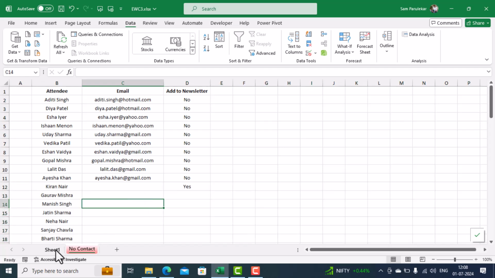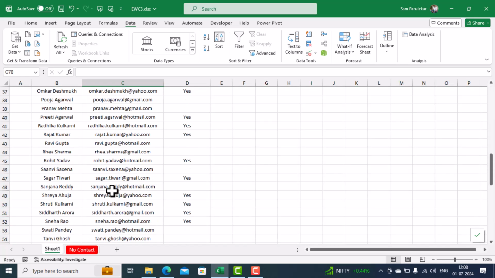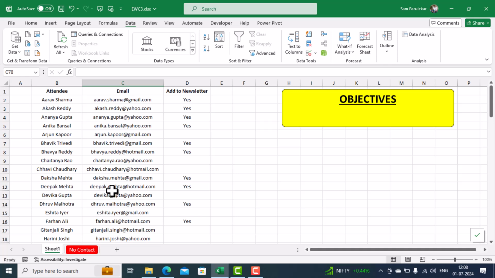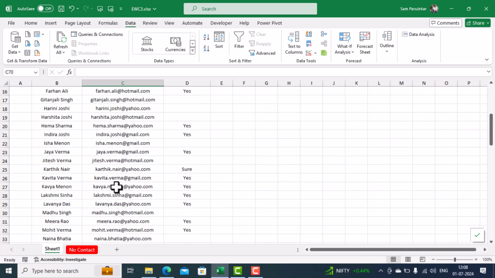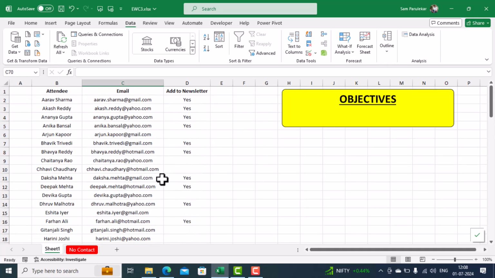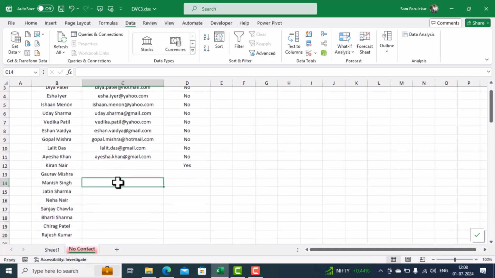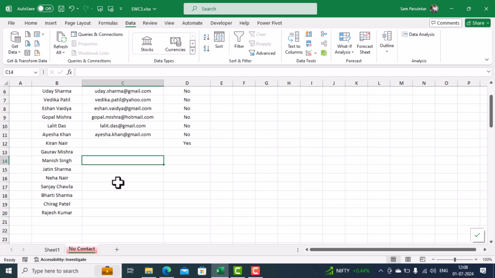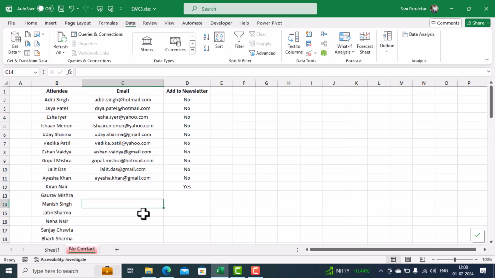And we are done. Now this is a sheet in which we have list of people who want to subscribe to our newsletter, and this is the sheet in which we have list of people who do not want to subscribe to our newsletter, or they have not provided us their email